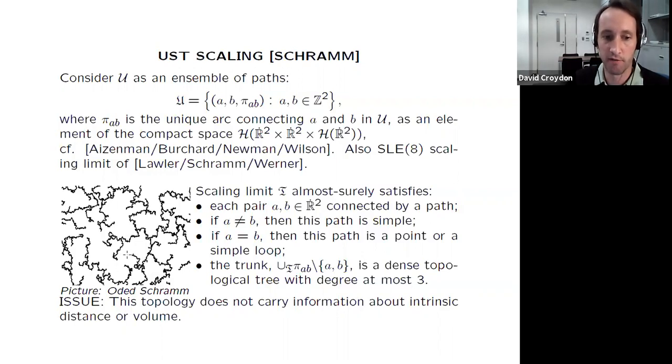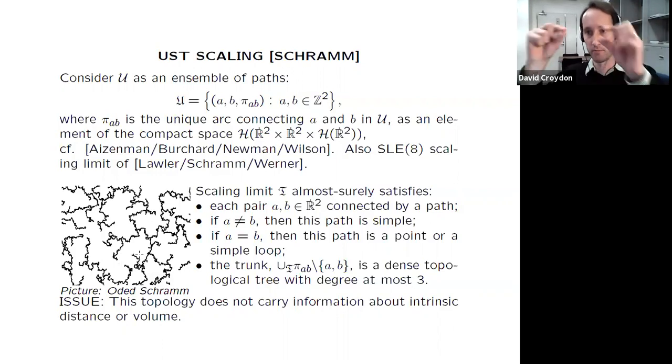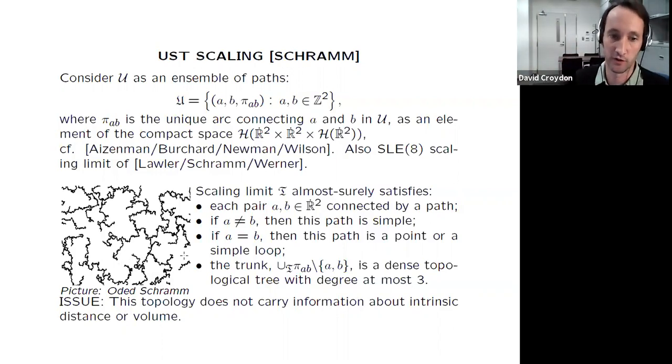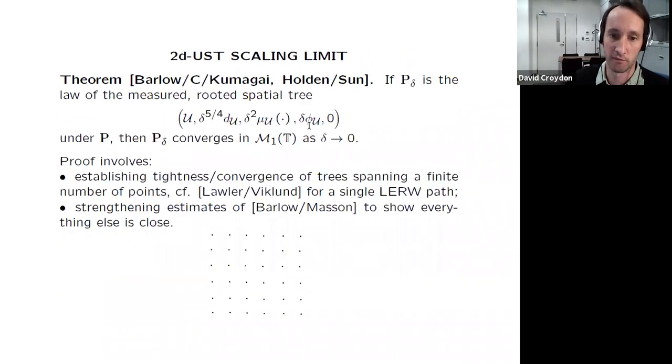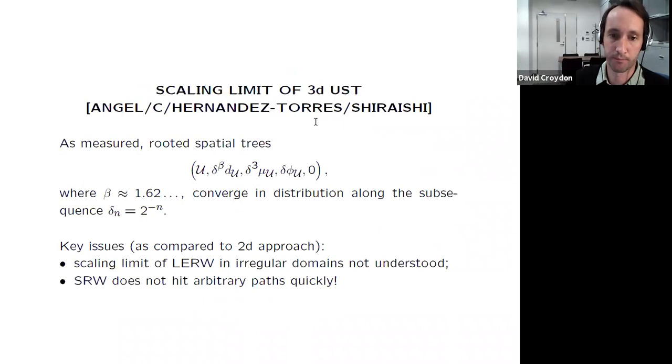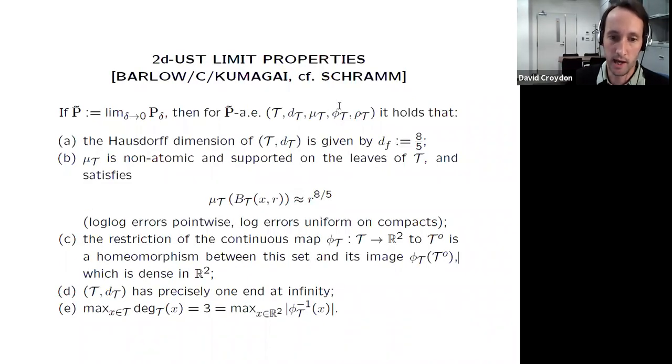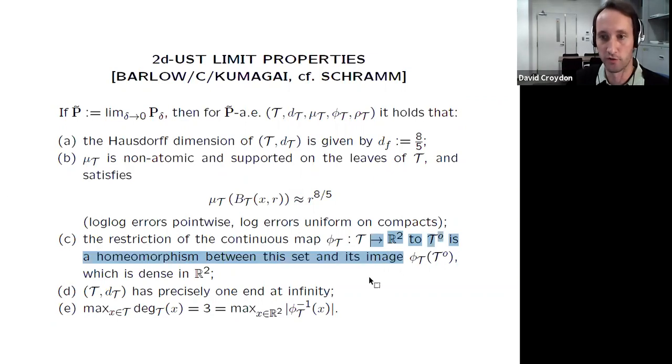And so in particular, I'm going to have 2 points of the tree that might be a long way away in the tree, but map to the same point in Euclidean space. So this map in the limit, this map phi is not an injective map here, but actually the only intersections happen at the leaves. That's what this statement here says.